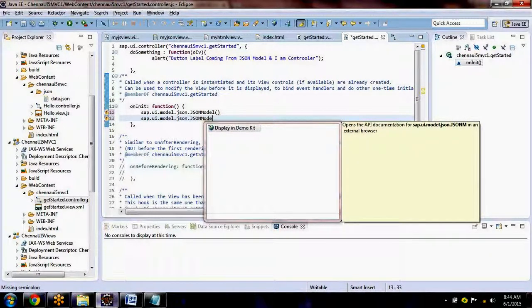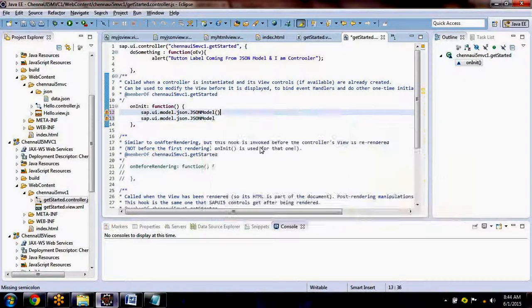So then press Control 1. It will take you to the demo kit. That demo kit explains what the methods are, and so on. Okay, so that's all. So the question is how to link